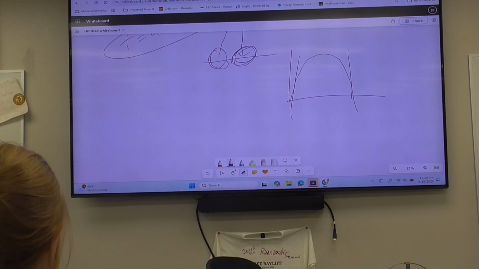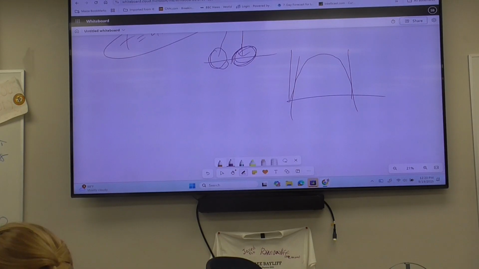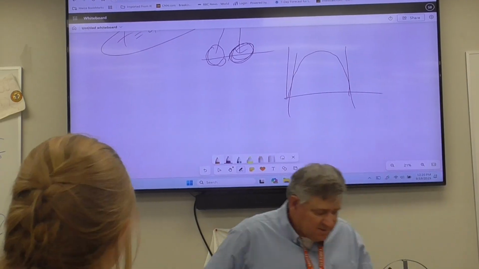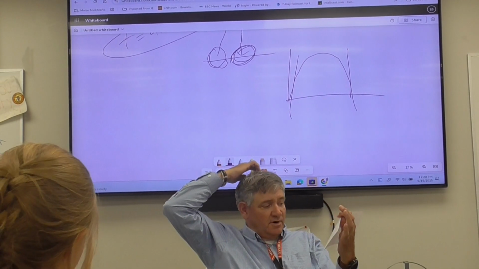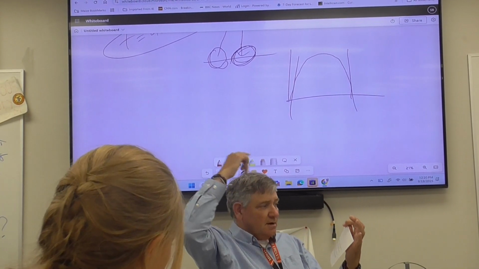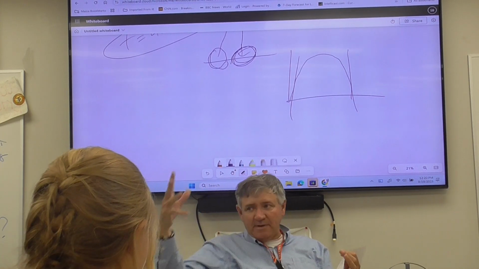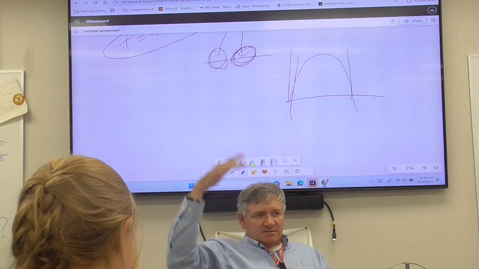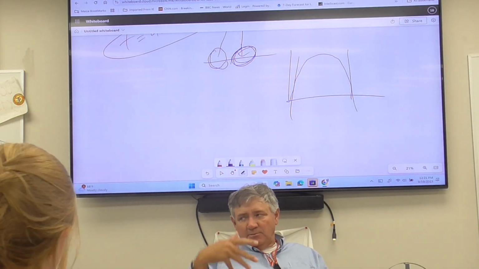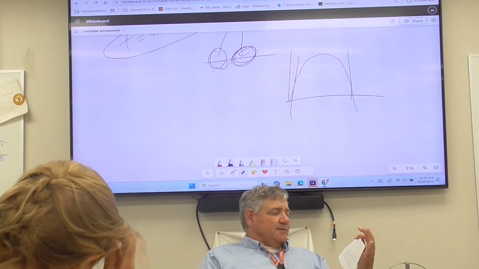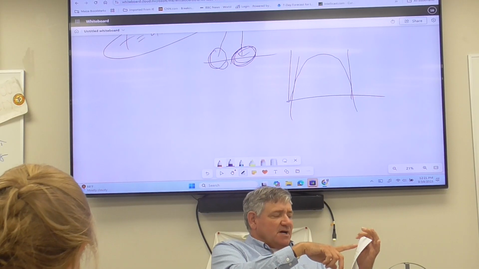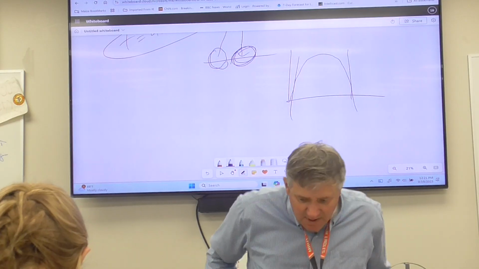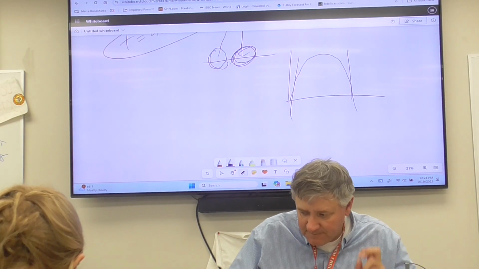Okay, so here's the big topics for the test. Position time graph, slope, all the basics, terminology. That's going to be the multiple choice portion of the test. So about half the test is going to be multiple choice. Then, on a position time graph, here's what's important in terms of the shape of it.